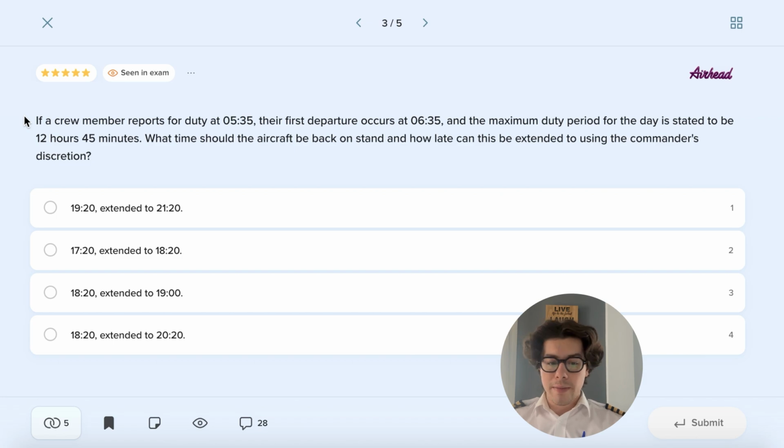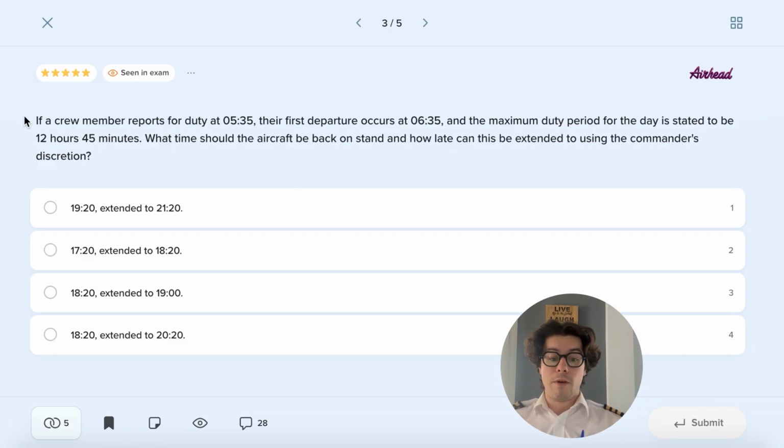Usually this will be around 30 minutes. In this case, the maximum duty period is stated to be 12 hours, 45 minutes. However, I actually believe this is incorrect, as if you are reporting for duty at 5:35, it should be 12 hours and 30 minutes. However, following this, we have to answer the question when we can be expected to finish